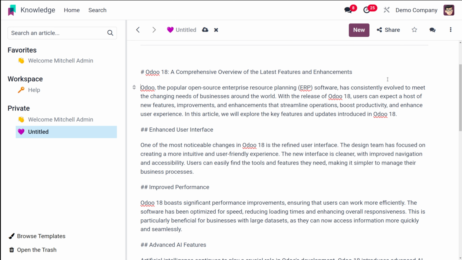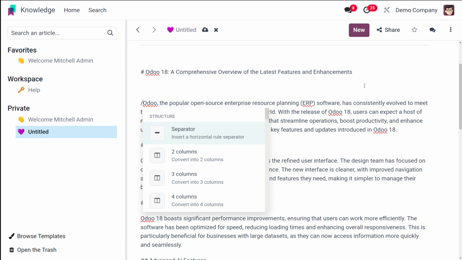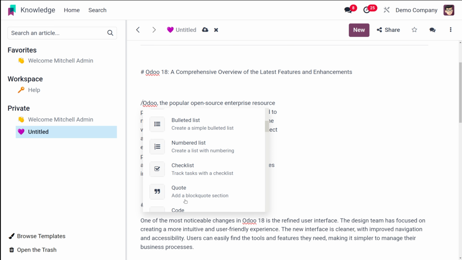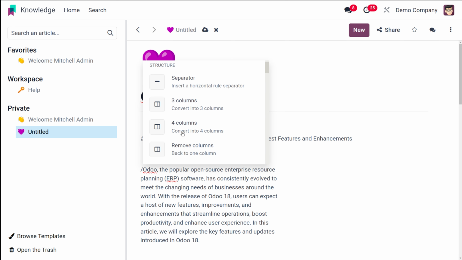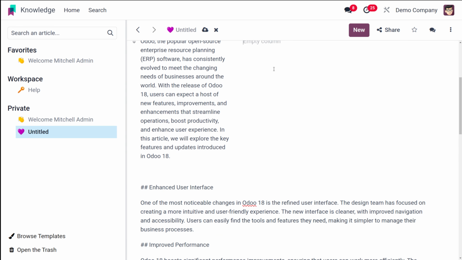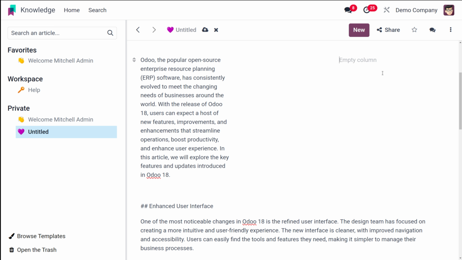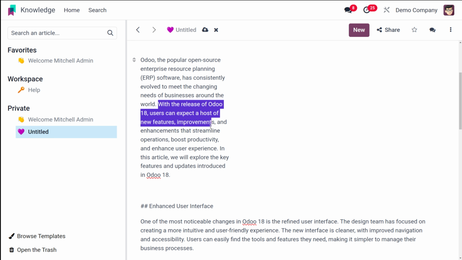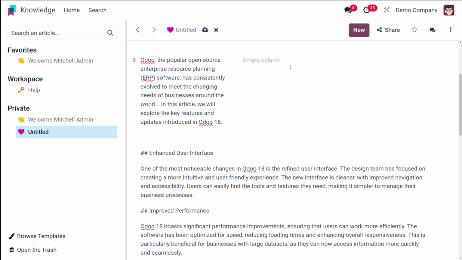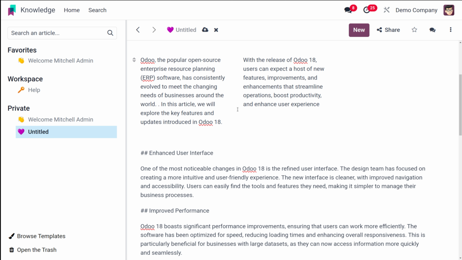Okay. So here I'll just put this and you have the column. So this is now separated into a column. You can even make it into 2 columns, 4 columns and all. So this is 3 columns right now. See, you have 2 other empty columns over here. If you want, you can actually copy and put it over there. I'm just copying a sentence and putting it. Okay, so here I'm just putting it. Okay, so you have 2 columns, 3 columns and all.